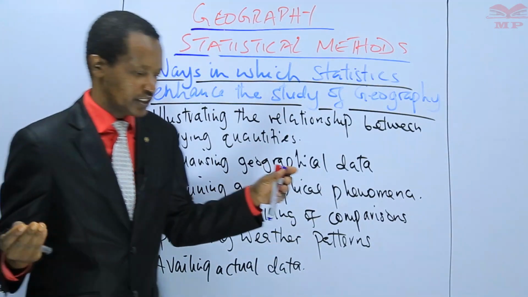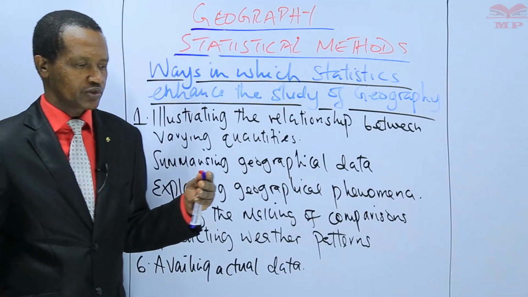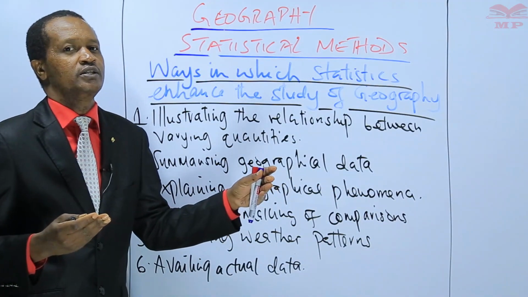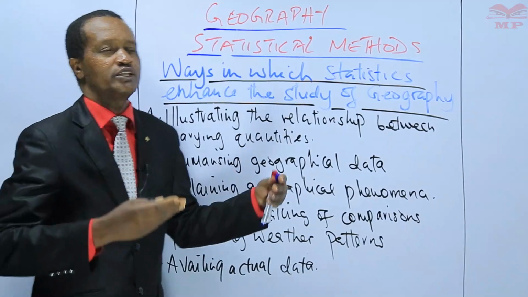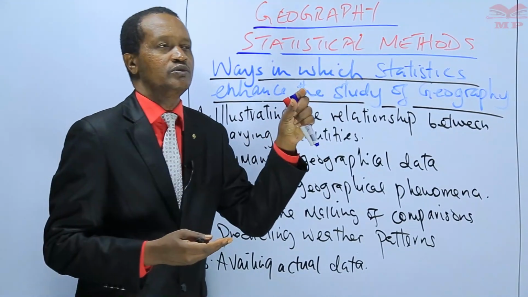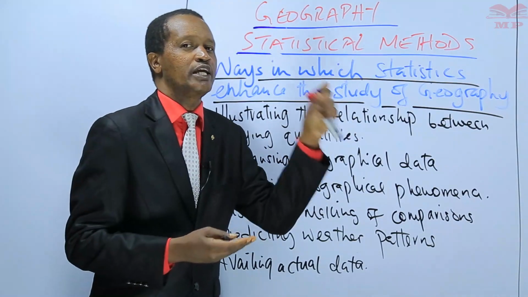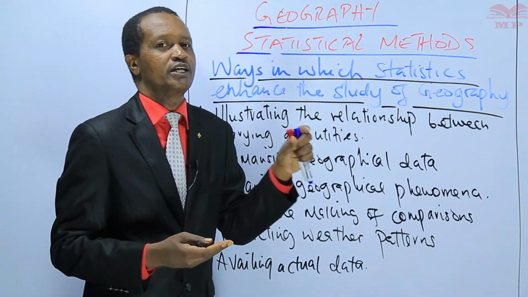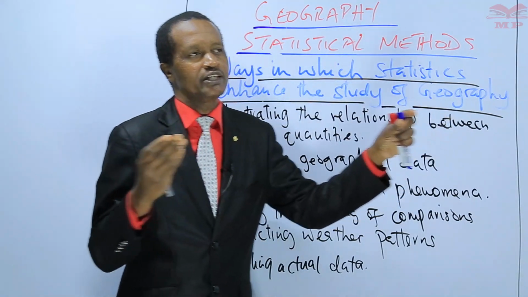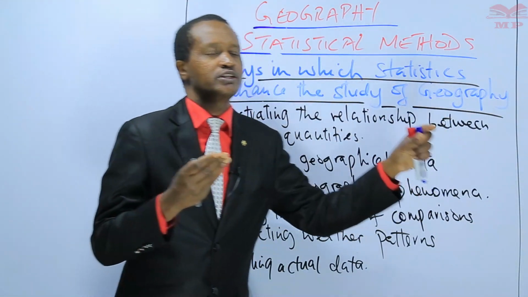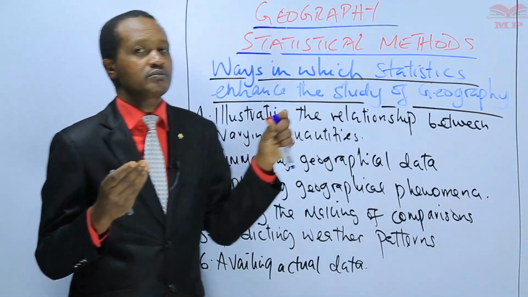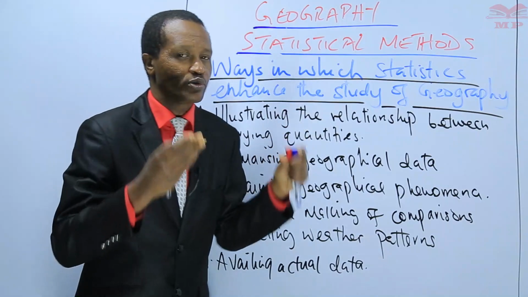For example, if you are talking about rainfall, it may be better to state the exact amount of rainfall, say 1000 mm, rather than using the term moderate, because moderate covers a big range. It can be between, say, 500 mm and 1000 mm. So it is more appropriate to state